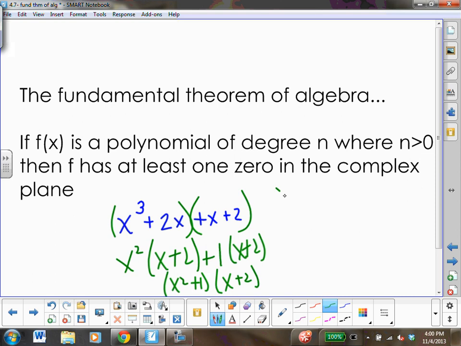X would equal -2, and x would also equal plus or minus i. Now this has two zeros in the complex plane, but technically